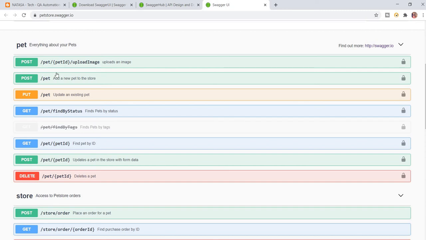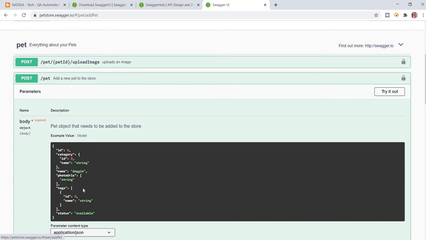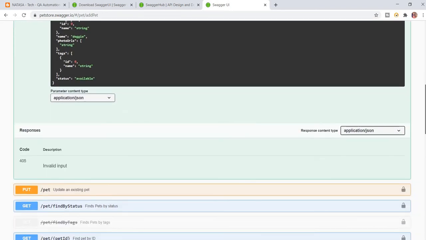Okay, in this video I just want to give you the overall view: how we can use it, how we can start, and what free API URLs are available for learning in a practical manner. So you can click on pet. Here you can see body. Post means you create something new. Add a new pet to the store. Here we have to give some data, and according to that the pet will be created. That is the meaning of post.